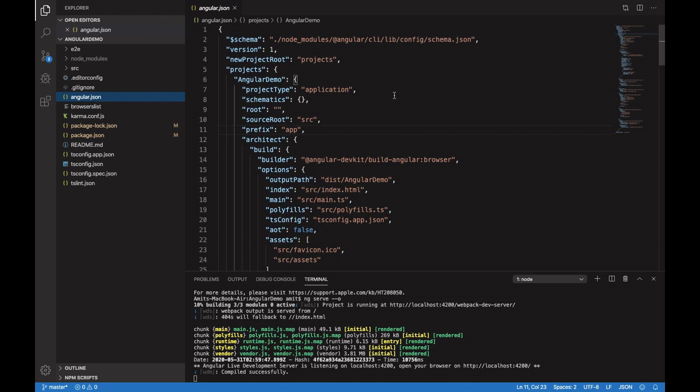In this file, if we look inside projects, this is the name of your project, angular demo. If you remember, we entered the ng new command with a project name in our terminal, and that resulted in creating this application.